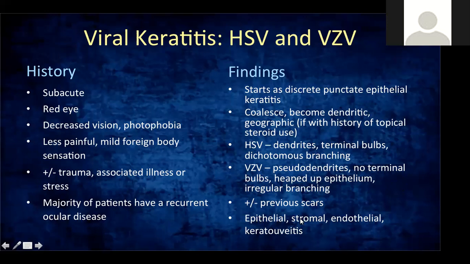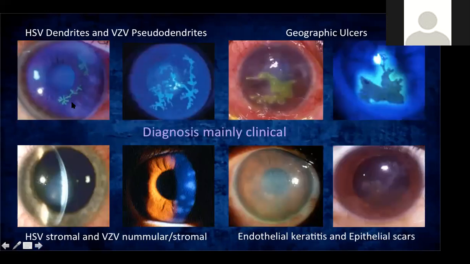They can affect any layer of the cornea, the anterior part of the epithelium. It could be deeper, stromal, endothelial. It can also cause uveitis. So these are the different appearances of your HSV and VZV. Here you have your dichotomous branching with terminal bulbs. That's your HSV. The more irregular branching is your VZV. For both cases, if they become more severe or